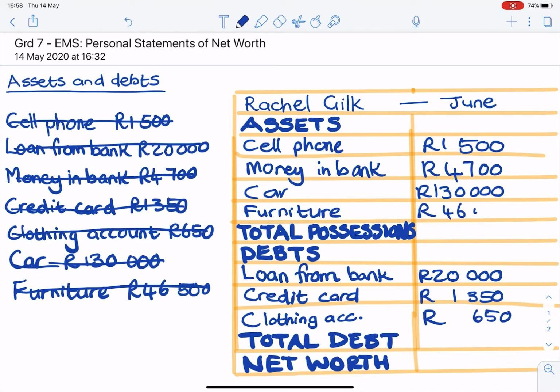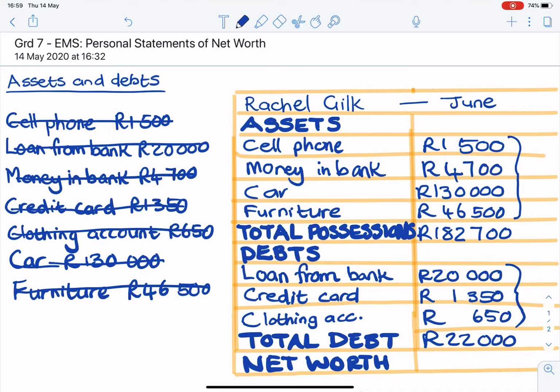46,000 Rand 500. Right, these are all her assets, and if we add those up, it comes to 182,700 Rand. These are her debts, and if we add those up, we get 22,000 Rand. Now remember, your net worth is your assets